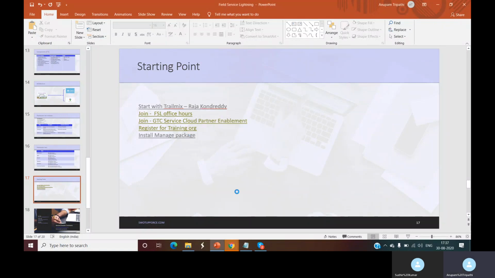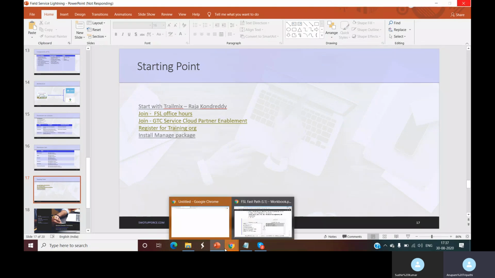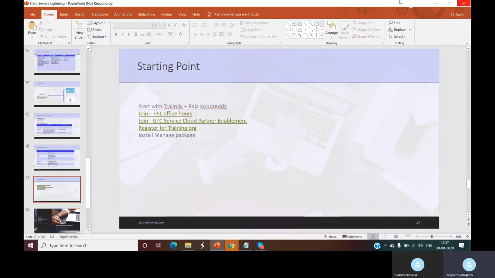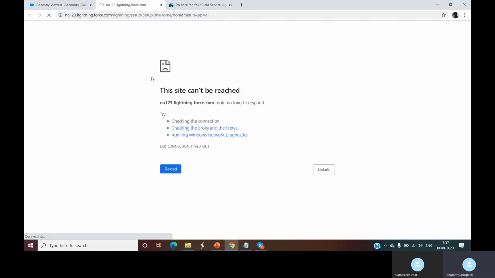As we have created the DevOrg, in that case it's a production org, because you log in every time with login.salesforce.com. Oh, there's some problem with Salesforce, so we'll wait for that.